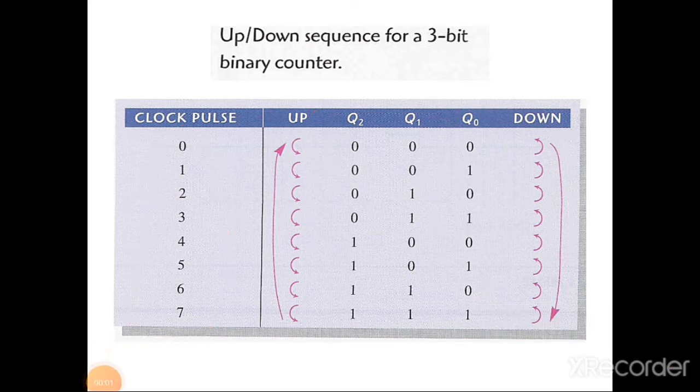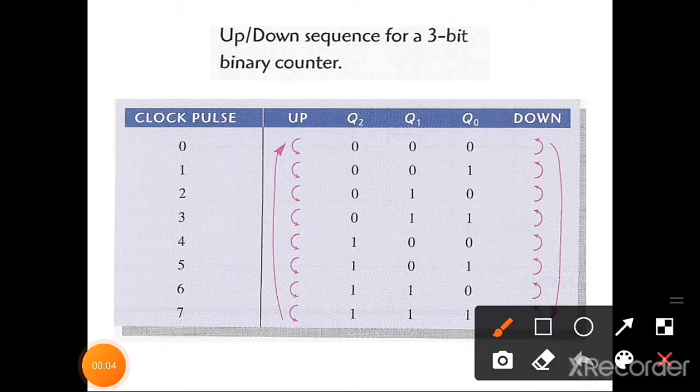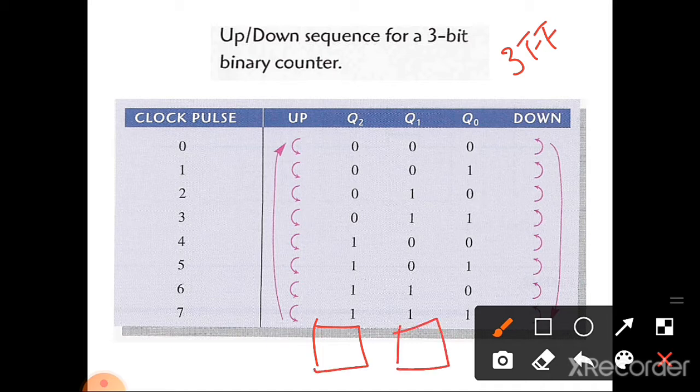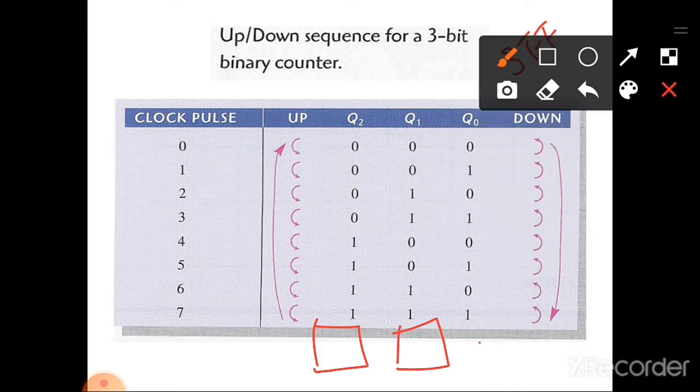In this figure, look at Q0. Here it is a 3-bit counter, so we know that it requires 3 flip-flops. One flip-flop output is represented by Q2, another by Q1, and the third by Q0. Here we are representing it using JK flip-flops. So what about the flip-flop values for Q0?